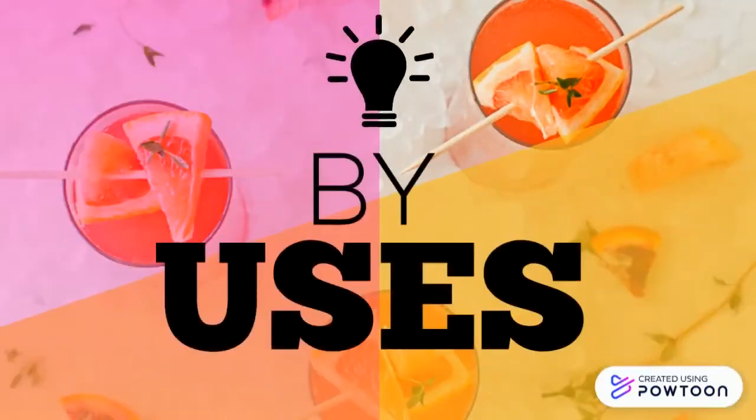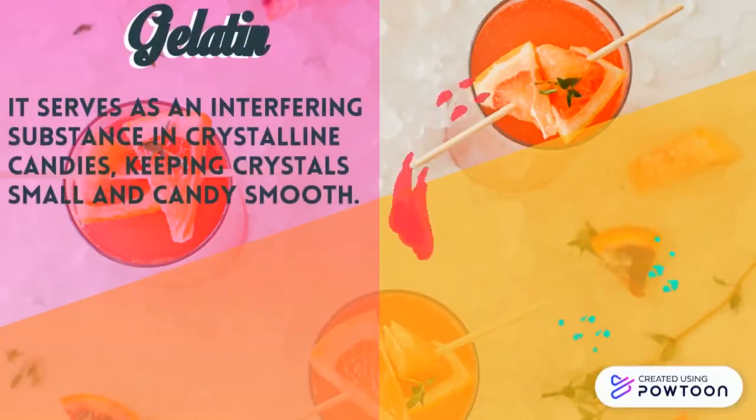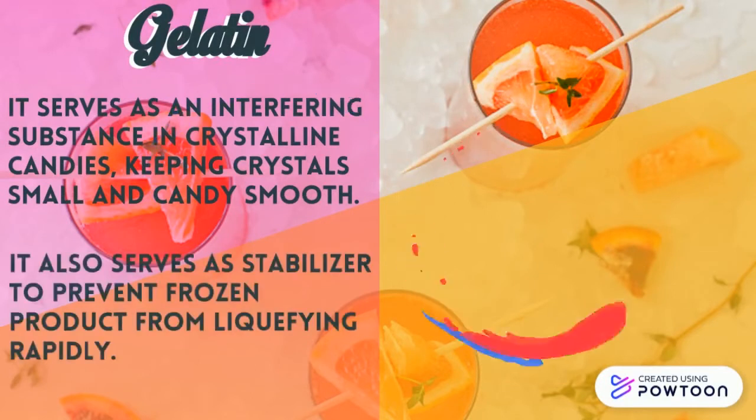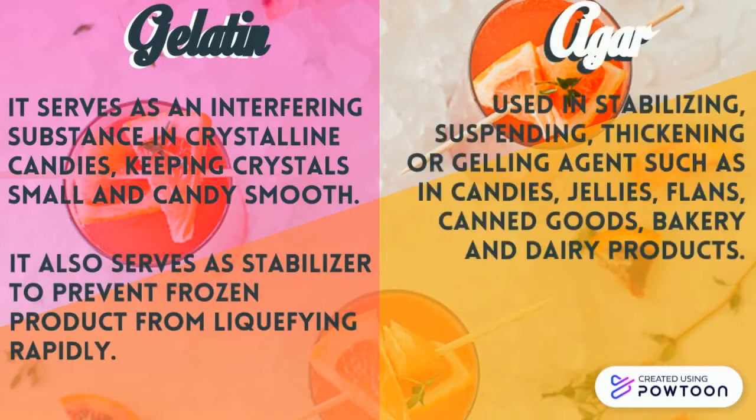By uses, gelatin serves as an interfering substance in crystalline candies, keeping crystals small and candy smooth. It also serves as stabilizer to prevent frozen product from liquefying rapidly. Agar is used in stabilizing, suspending, thickening, or gelling agent such as in candies, jellies, flans, canned goods, bakery, and